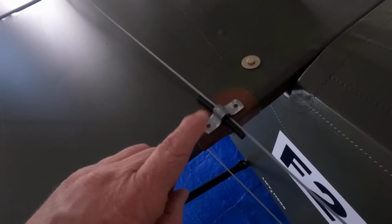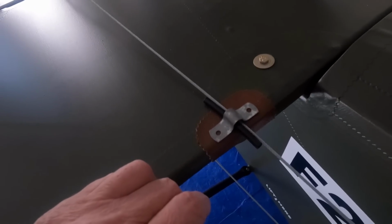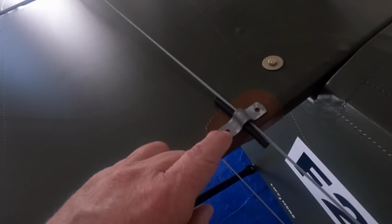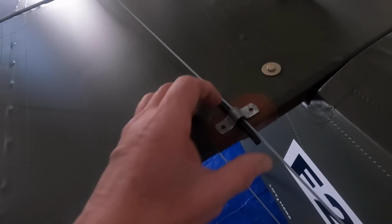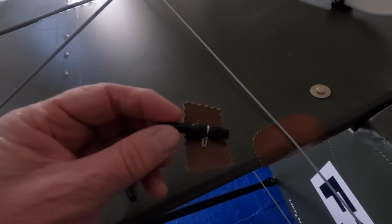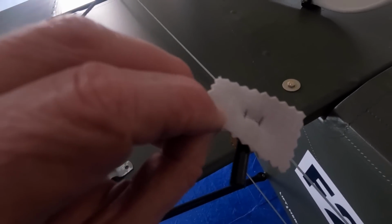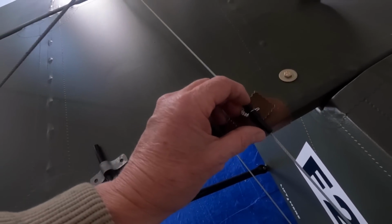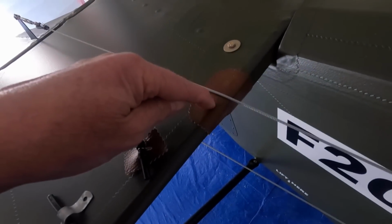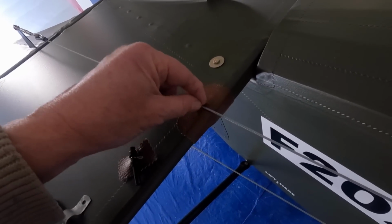If I bought a little plastic one or something, like a little cable guide from Bunnings or somewhere, already done, the plastic's probably going to get destroyed with UV, so I'm better off to spend the time and make it out of aluminium. Or I made up this little test piece, just lock wire through the leather, because I'm thinking ahead. I need to be able to service this, or get it on and off. I could drill straight through the spar out the other side, try and get a lock wire through, down, around, back up, and lock wire